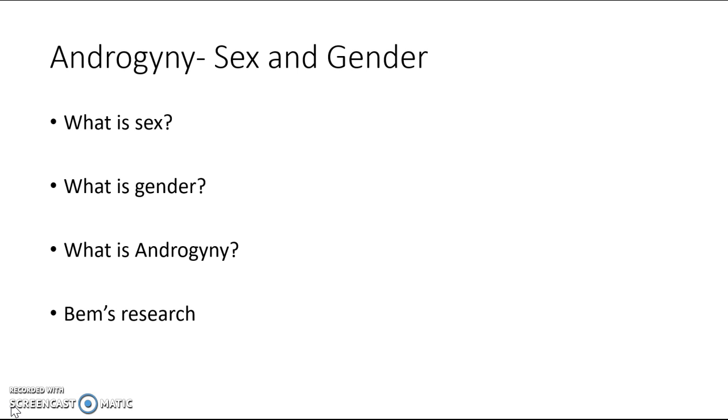So they might have had happy, loyal, feminine, masculine, dominant, conceited, and they had to rank all of those words from 1 to 7 in relation to how they thought, and then the score was produced, and she then found that we saw this increase in androgyny at the time where she was doing her research.